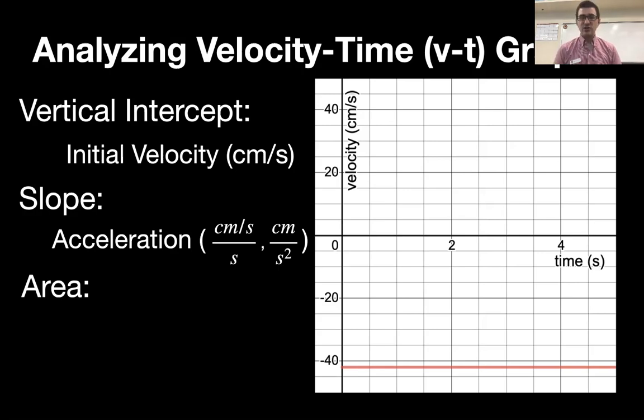And the units of acceleration could be centimeters per second each second, or centimeters per second squared. Either are totally acceptable. The reason why typically I prefer centimeters per second each second instead of centimeters per second squared is because that retains the meaning of a velocity on top, centimeters per second, over a time on bottom,